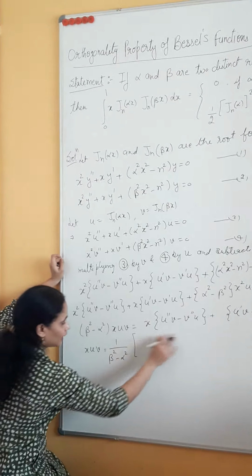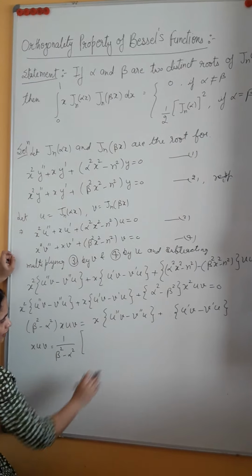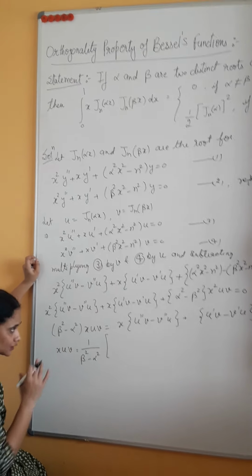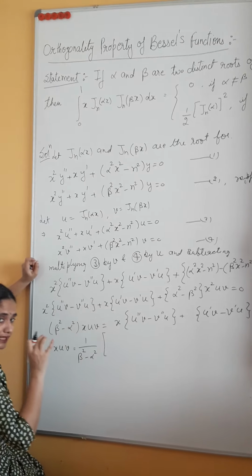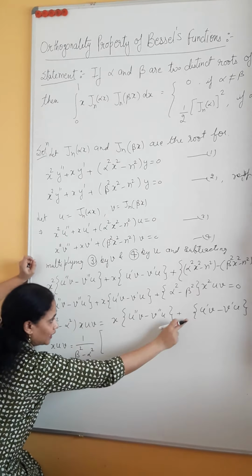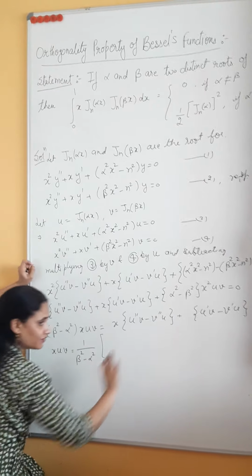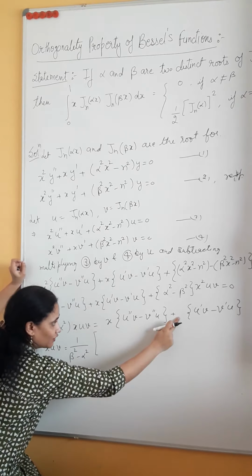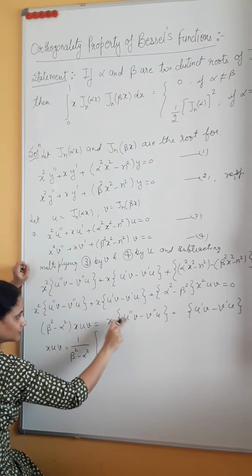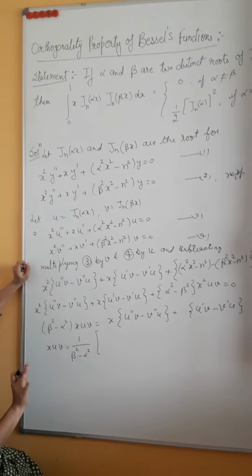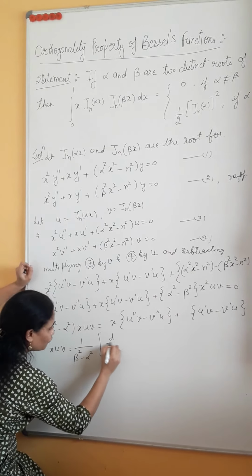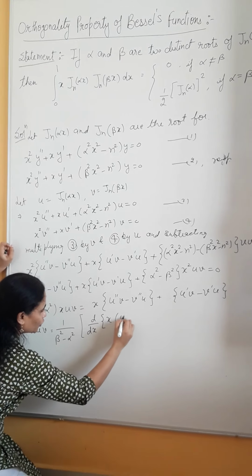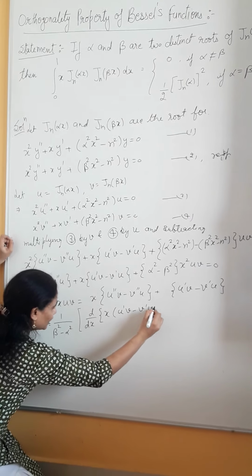Now see the right hand side values only. What am I getting? This looks like the differentiation of a product of two functions. If you observe keenly, x is here but x is not there, so that means here we have differentiated x. So it should be the differentiation of the first function with the second as it is, plus the differentiation of the second function with the first as it is. Of this form it should be there, which you can verify. If you observe properly, this is the product of x (u dash v minus v dash u).